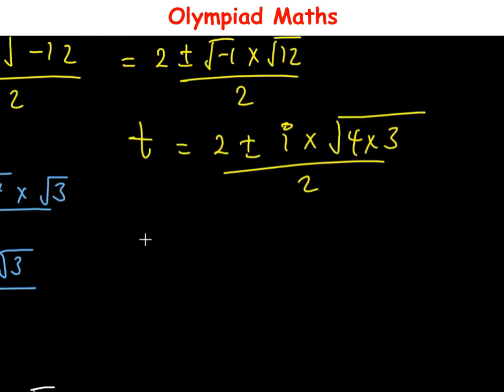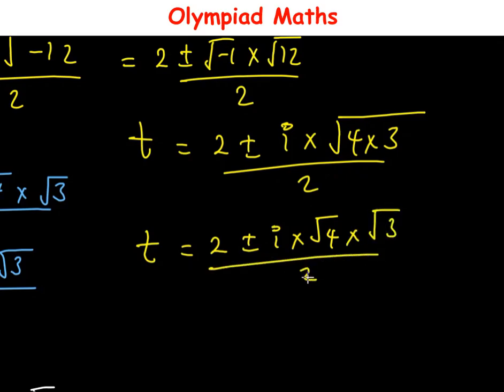With this, the value of t is equal to 2 plus or minus i times, we can write this as root 4 times root 3, then all over 2. So t is then equal to 2 plus or minus i times root 4 is 2, then times root 3